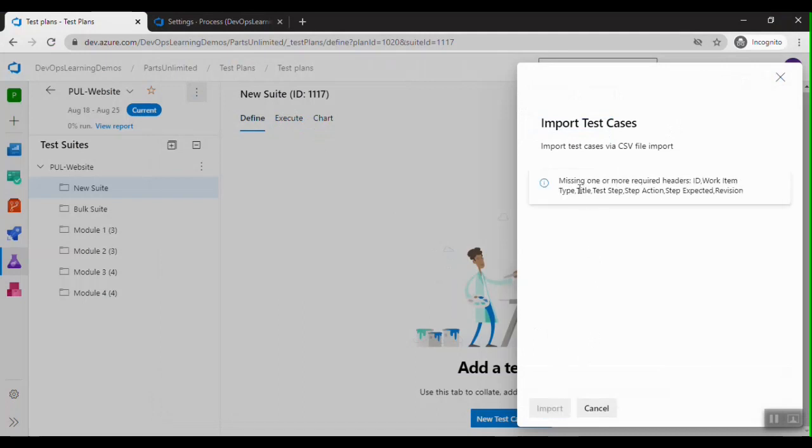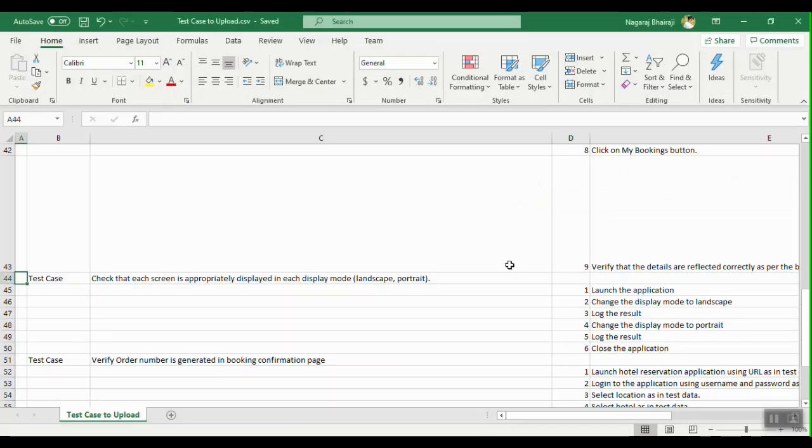Okay, I get this first error message saying missing one or more required headers. And if you observe, ID, work item type, title, test step, which is the number of the step, step action, step expected, and the revision. So this was the column which I removed.